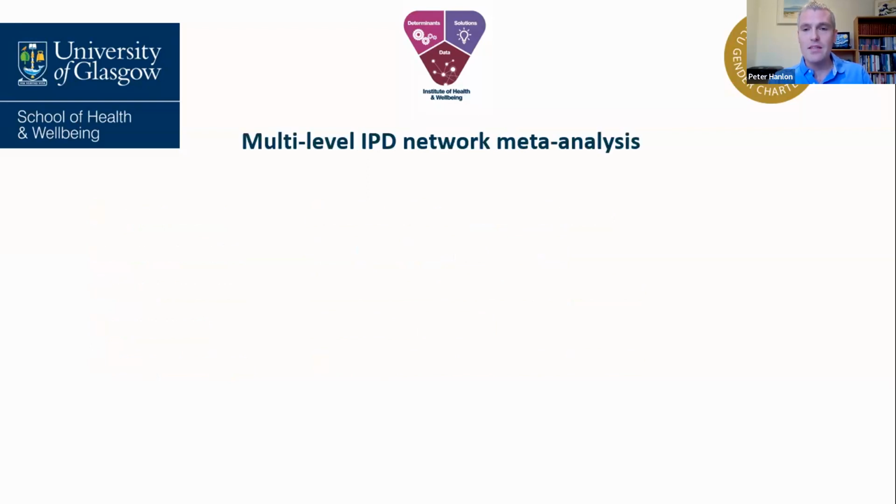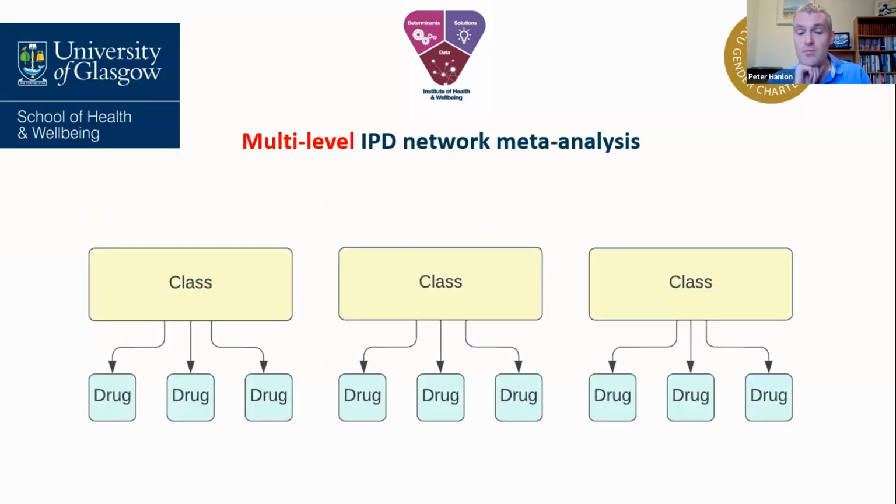We then did a multi-level IPD network meta-analysis, so I'm going to break down what our methods were. It was multi-level in as much as we included a broad set of trials that included a range of different drugs, but these drugs exist within classes. So we defined for each of the trials what was the drug that was being compared, but also what class, such as SGLT2 or GLP-1, that drug belongs to. And our assessment of whether treatment varies by age was at the class level. So we were looking at, does the efficacy of SGLT2s as a group vary by age, assuming that that difference would be similar across the different types of SGLT2 that there were. Now that is an assumption, but that's the assumption that we made.